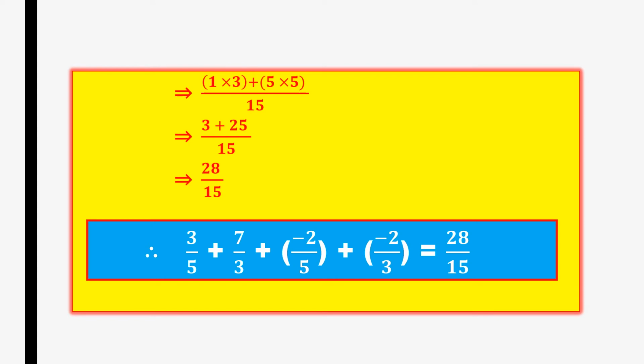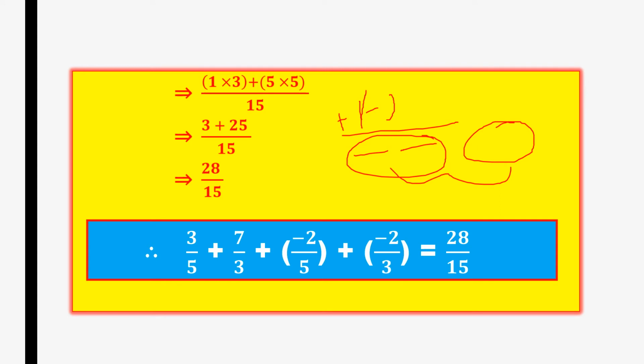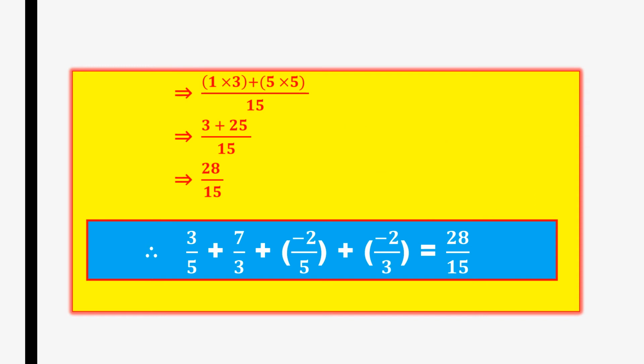So one thing you should do, first remove the brackets in every problem. Whenever brackets are there, first remove the brackets and multiply the symbols if there is any multiplication. Next, take the same denominators together and solve them separately by taking the LCM separately. Now whatever answers you got, for them you take the LCM and solve it. Okay, so let us go to the next question.